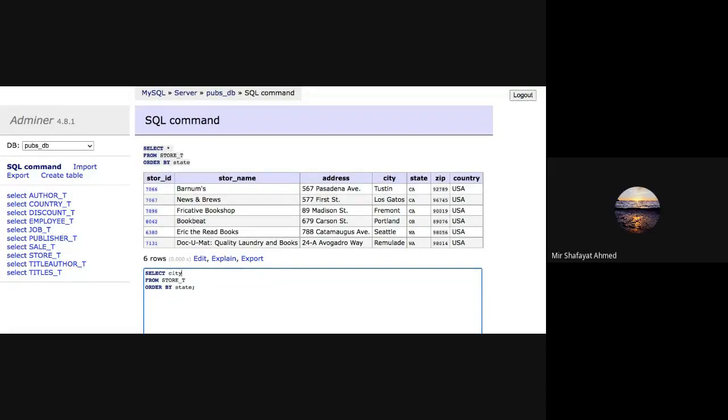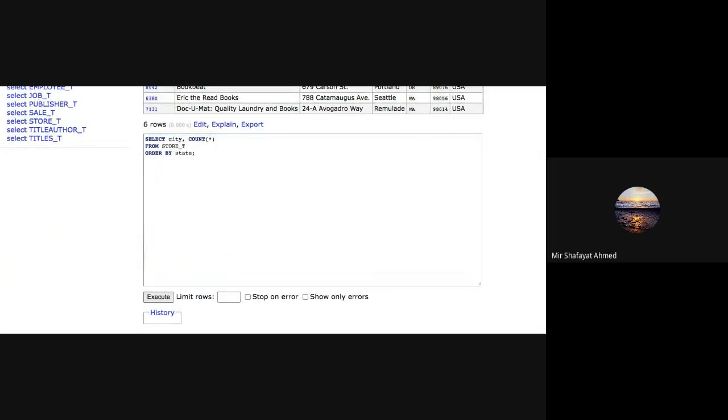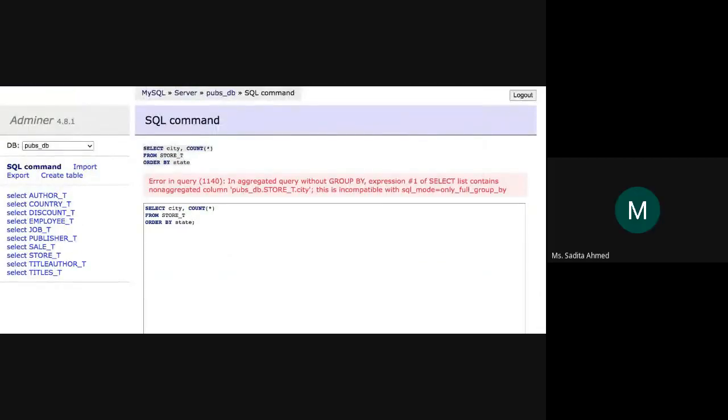You did this at city? Yeah, and then what about count? Count star. I get the first values. There you go, an error. It's not supposed to work. So once again,